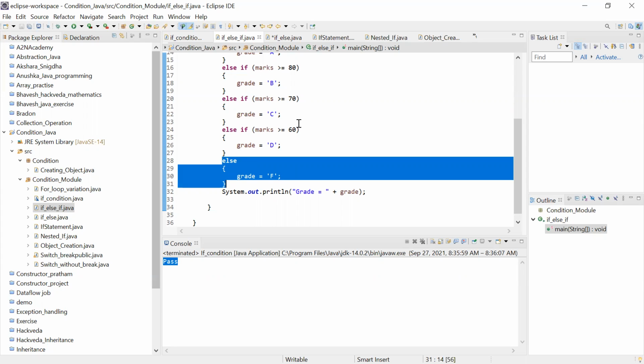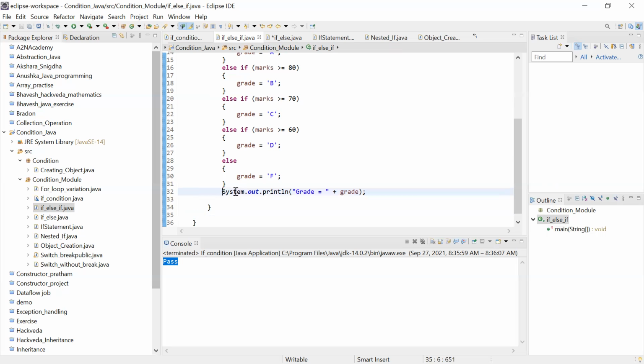But you can do this similar thing with if conditions, but there the else part won't be there. You just have to write if marks is greater than 60, then this. If marks is greater than 70, then this. Write like that, and you are going to print it. So here at the end, I've added system out print grade is equal to this.